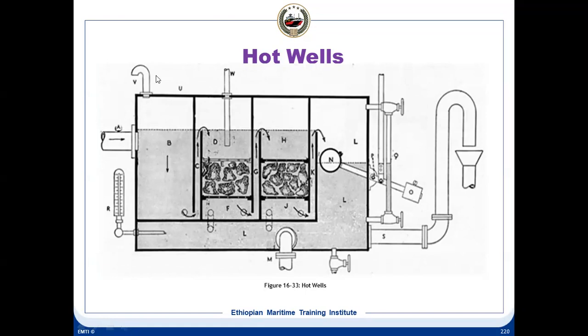Since it is at atmospheric pressure, condensate in the hot well is also at 100 degrees centigrade. So we should try to maintain the temperature here as close to 100 degrees centigrade as possible, so that any air, gases, carbon dioxide, etc., cannot dissolve in the feed water. Because once those dissolved gases, oxygen, carbon dioxide, go into the boiler, that, as we have seen, is not good for the boiler.